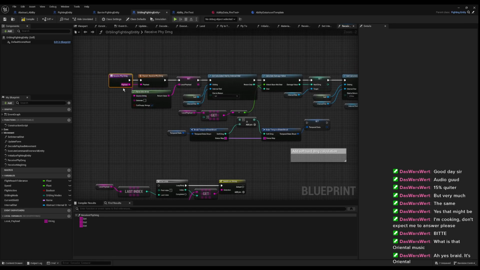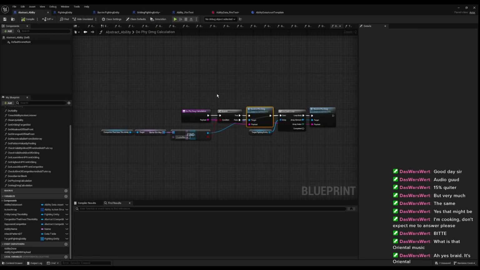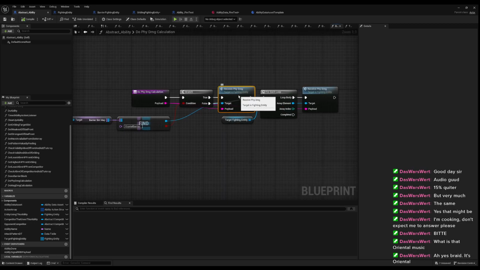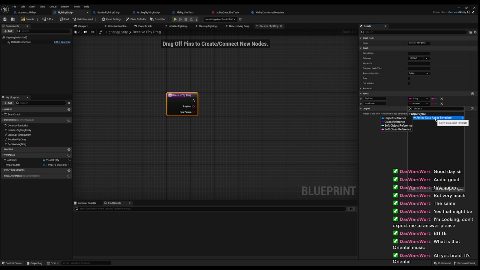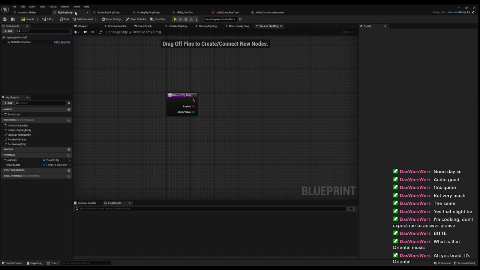So we have to send our little thing through there. There's no other way. Plus ability asset template. This asset ability values. And this. And then we go to